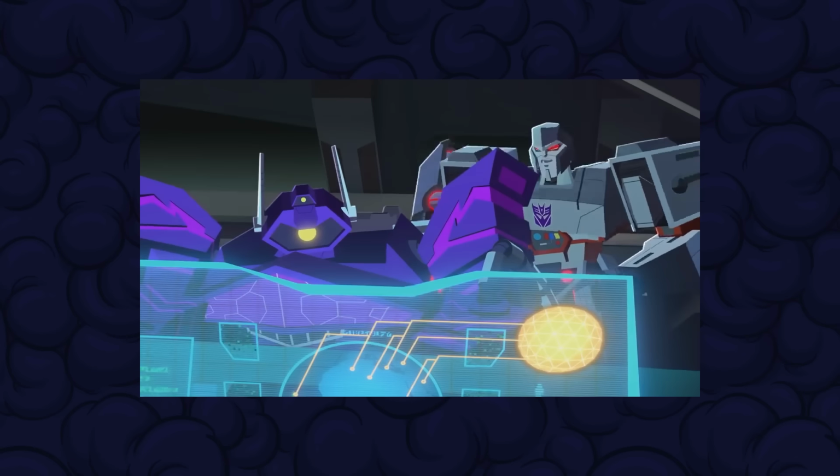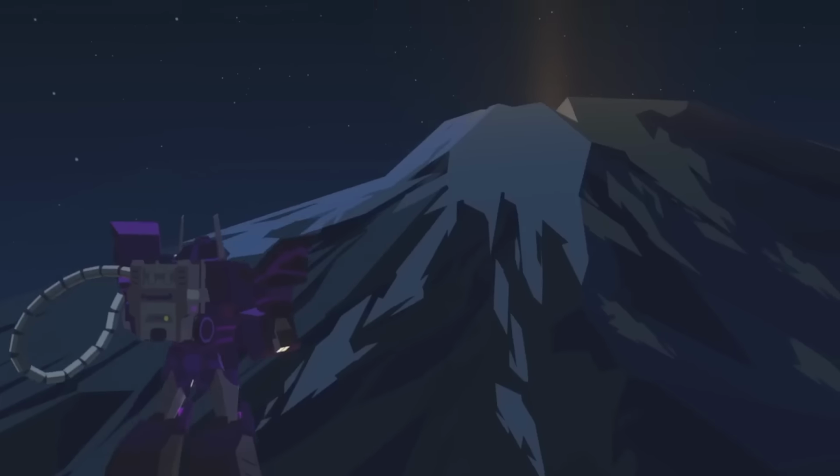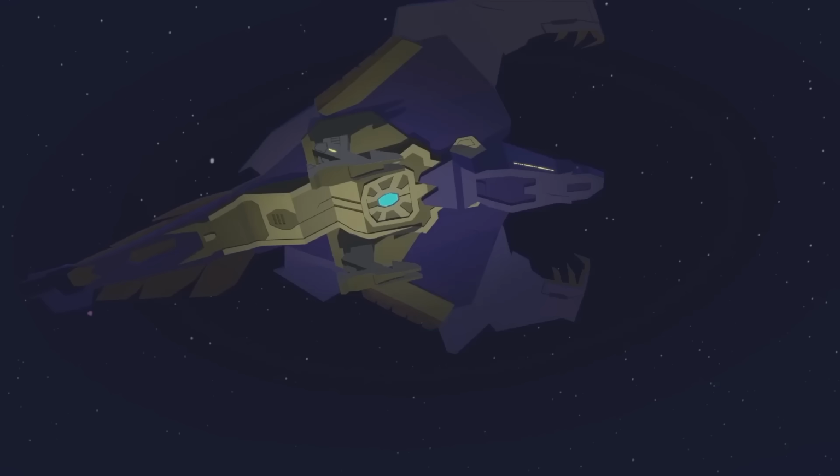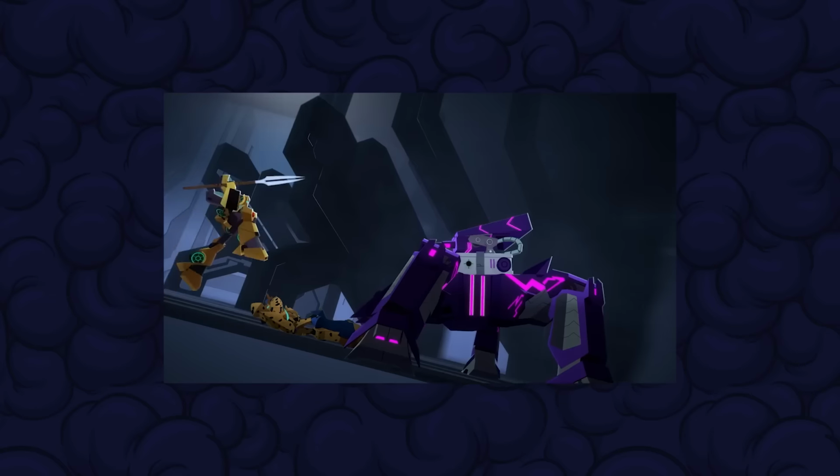Despite his weapons and tank mode, he tends to retreat as soon as a fight goes badly, and his wins often come from his inventions or his drones, not personal combat. He's defeated or thwarted multiple times by Bumblebee,